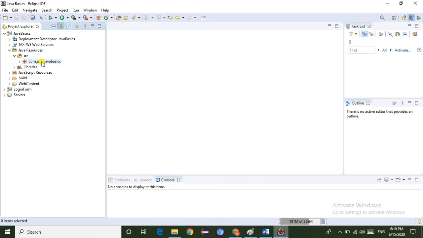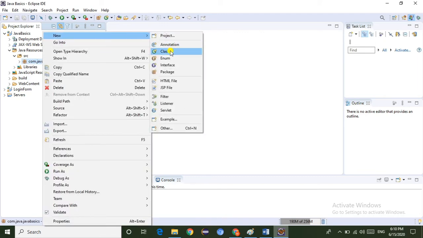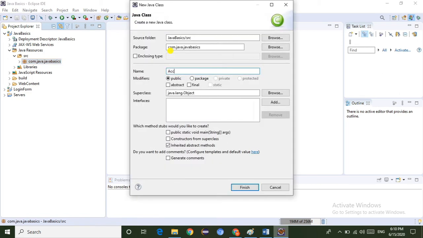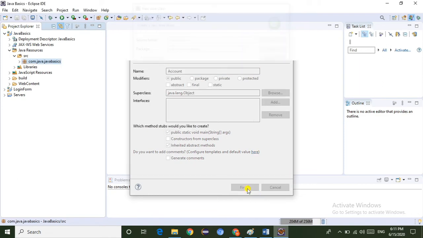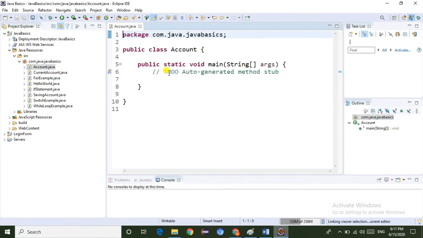So in this com.java.javabasics project, select the new tab, select class, give the class name as Account, select the main method and click on finish. Now the class is created.